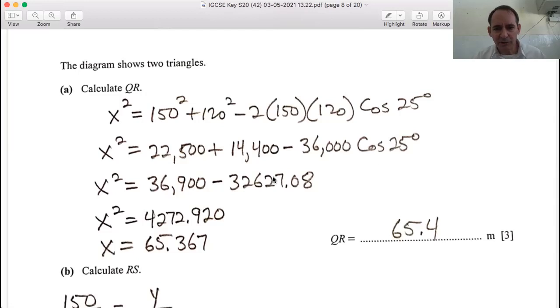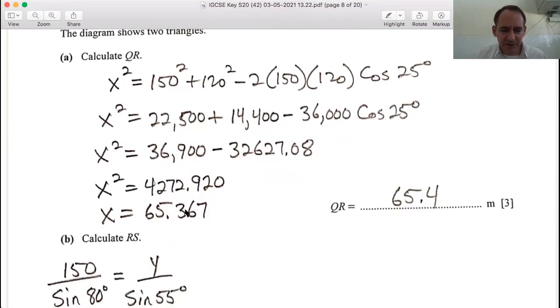So you need to do this cosine 25, which gives us 32,627.08. Now we can subtract, and then we can square root. Of course, since we're dealing with distance, we only use the positive root, and we put it in three significant figures, which is